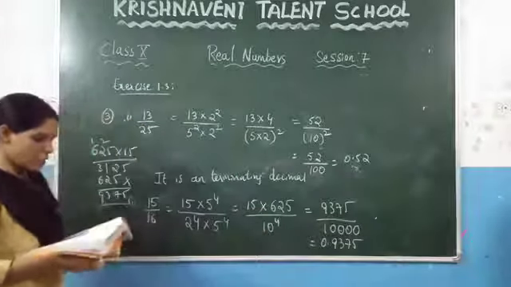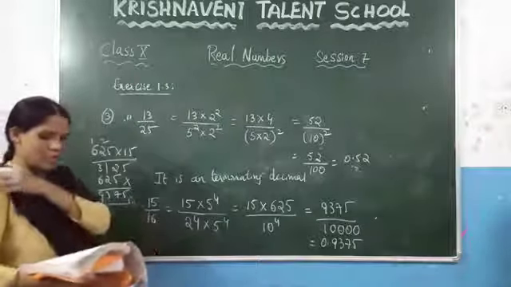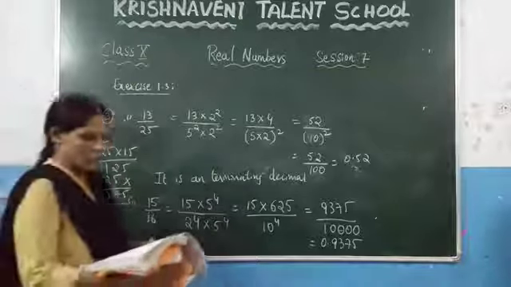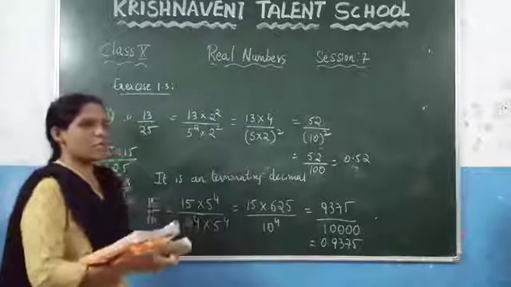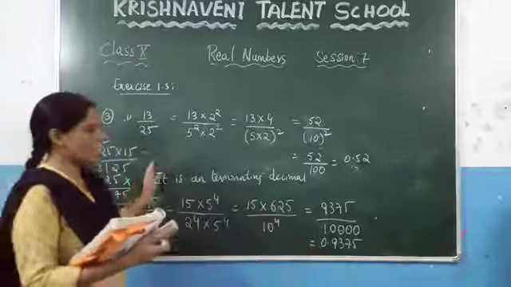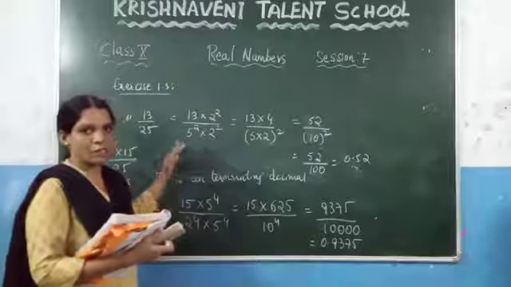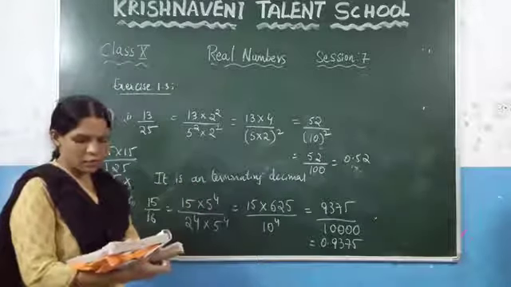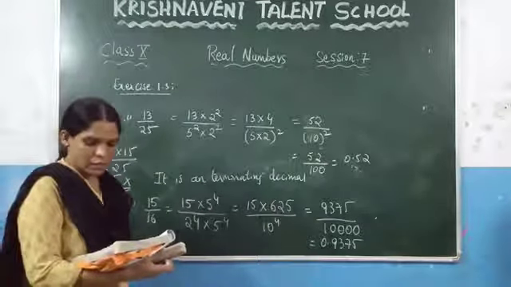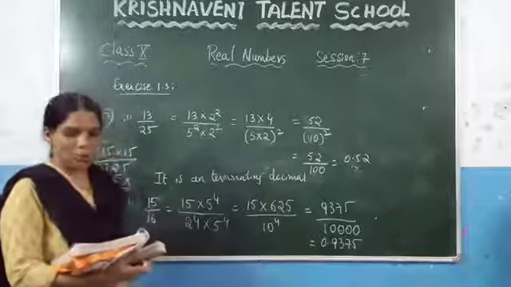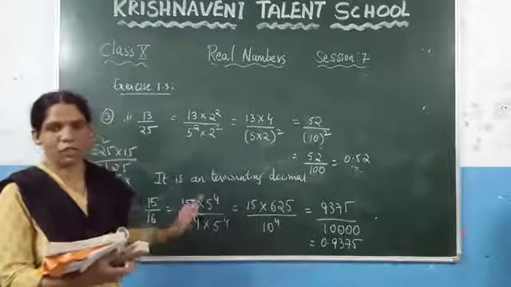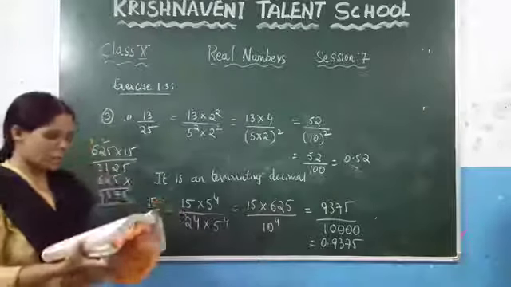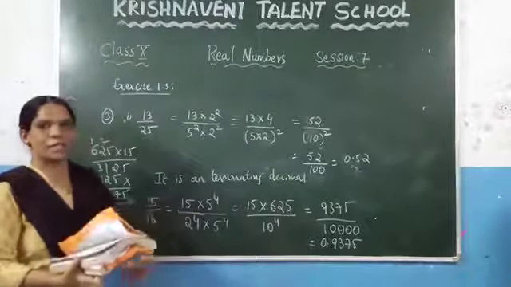The fourth question you have already done in your 9th class. Just express the given decimal number in the form of a fraction. If it is a terminating decimal, you need to count how many numbers are there after the decimal point, and you need to keep that many zeros. And after that, one more problem is given, which is in the form of a repeating decimal, where you have to find the periodicity and follow the process. With this, exercise 1.3 is completed. In tomorrow's session we are going to discuss irrational numbers.